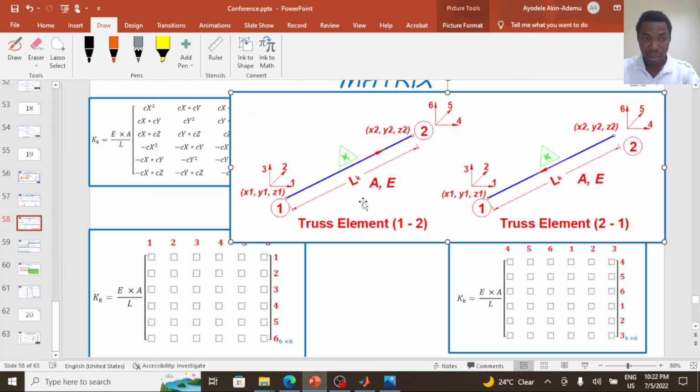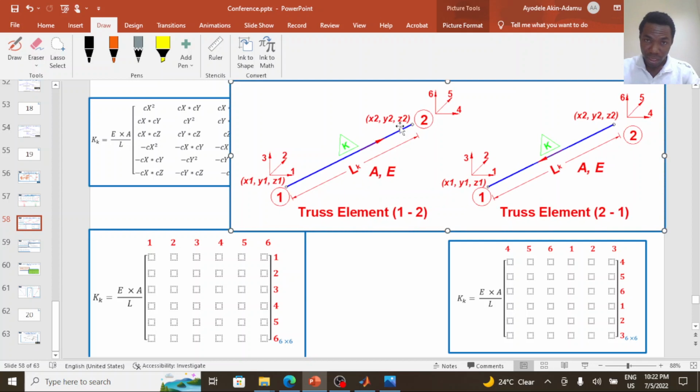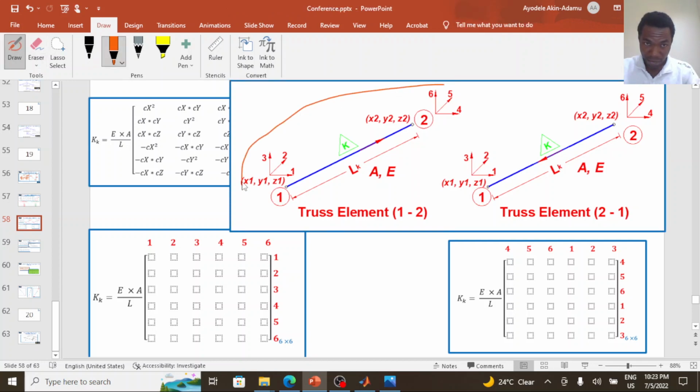So this is another important slide. Still on the element arrow definition. Assuming I define my finite element in this manner, that is arrowhead pointing from node 1 to node 2, it means node 1 is my start node, node 2 is my end node. So my 6 by 6 matrix, which is this,